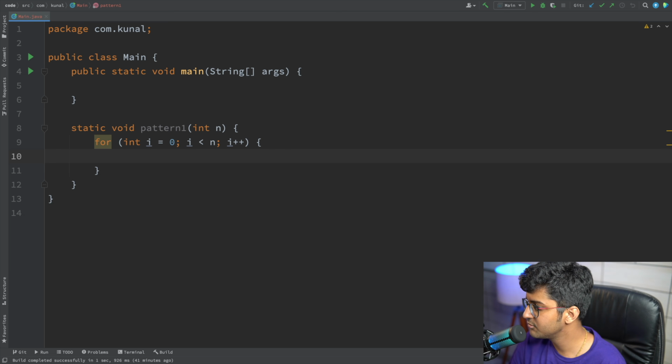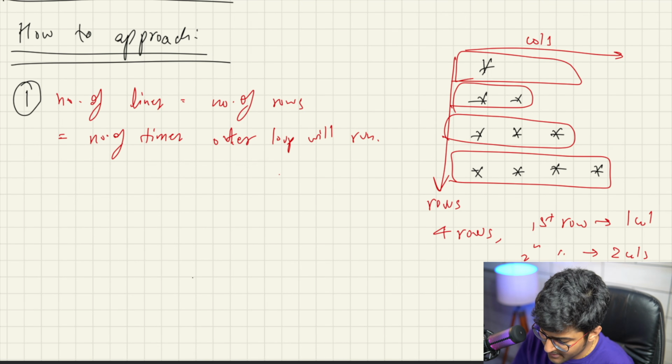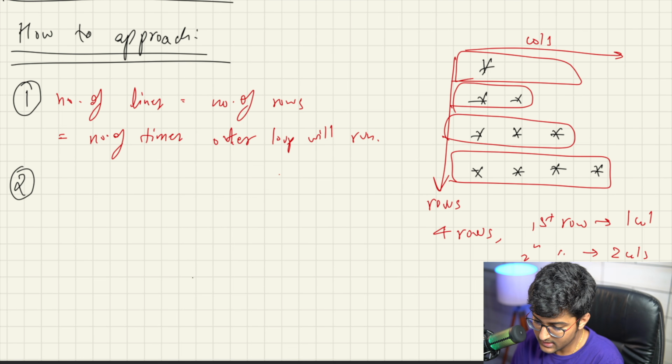Okay, no problem. Let's see step number 2. What is step number 2? For every pattern, this is not just for this one, this is for every single pattern. Step number 2 basically means how many columns are there with each row.